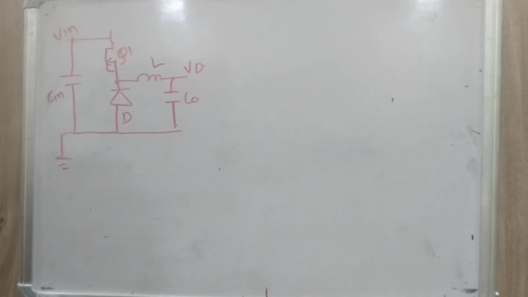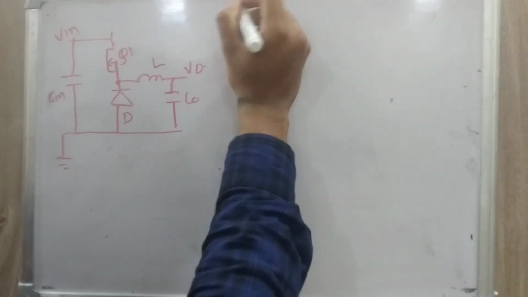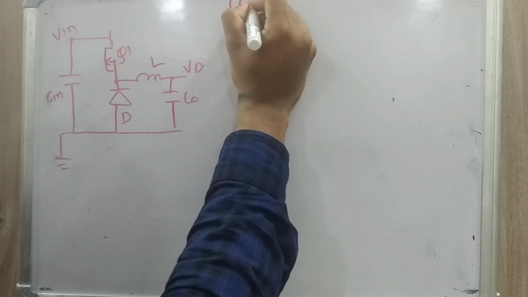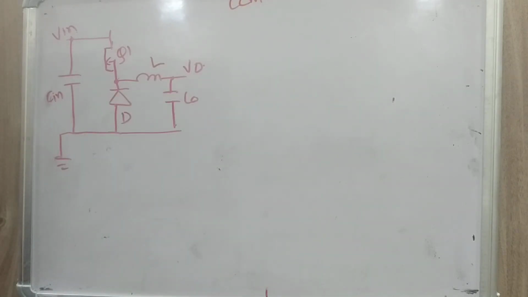First of all we will see CCM mode, which is continuous conduction mode. In continuous conduction mode, we know what the inductor current waveform looks like. It is basically a continuous current throughout the inductor. That is why it is called continuous conduction. So, this is not clear, I guess.